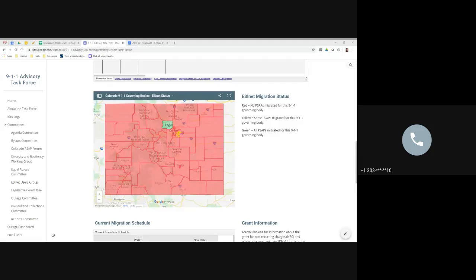So we cut Longmont back temporarily while we resolved that. The CPE vendor was on site, so they were able to quickly reprogram those. And then we re-migrated Longmont and tested it out, and then completed Boulder County Sheriff, Boulder PD, and the University